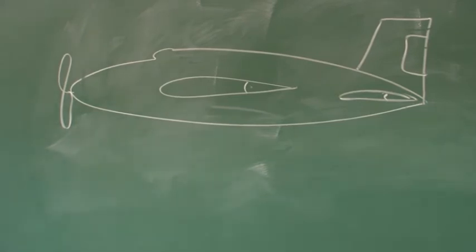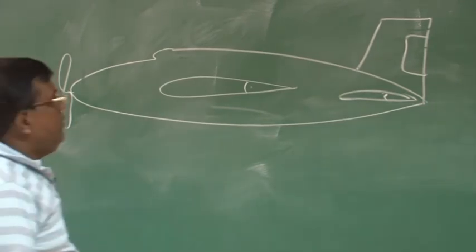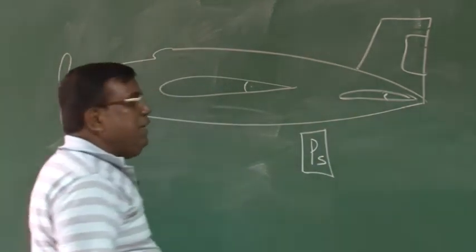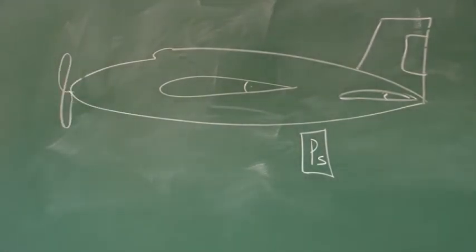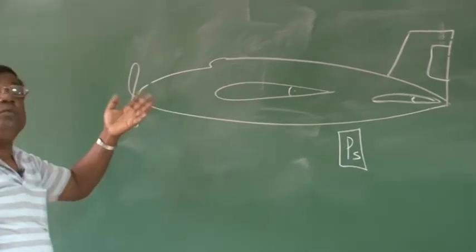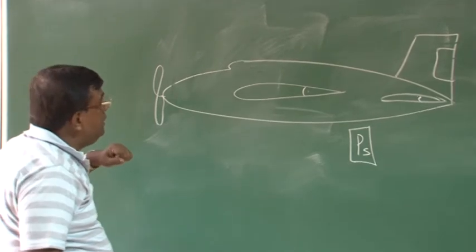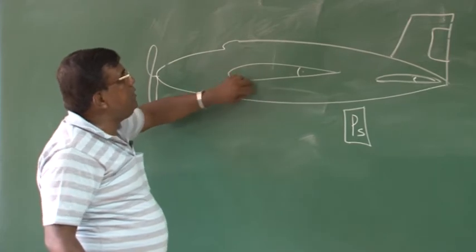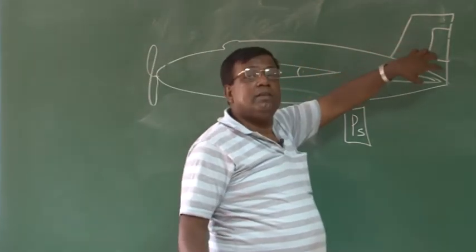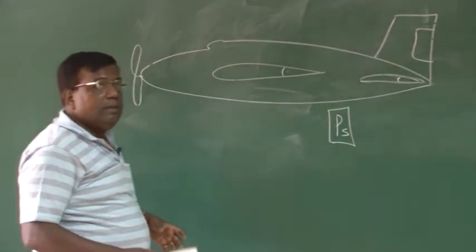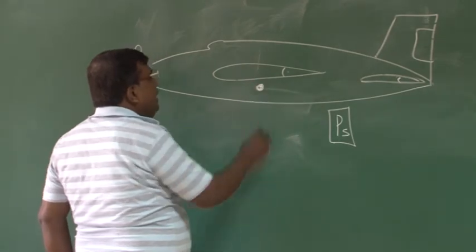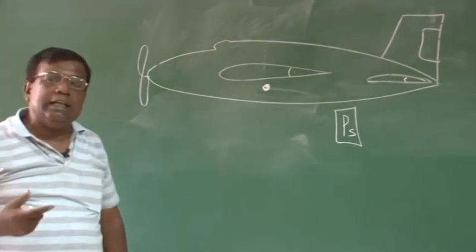Now, the first problem we face when we try to find out a point where I can tap the static pressure, which is the static pressure if the aircraft was not here, the free stream condition. Okay. What will happen, you see, depending upon the contour, right, the static pressure will go on changing at different points. So it is through experience, we try to find out some point, mostly in the fuselage, where you give an inlet from where the static pressure is tapped.